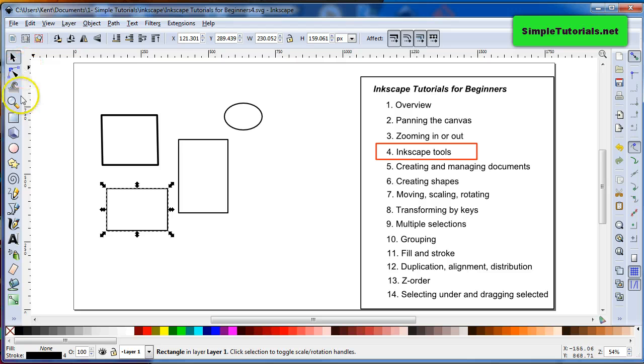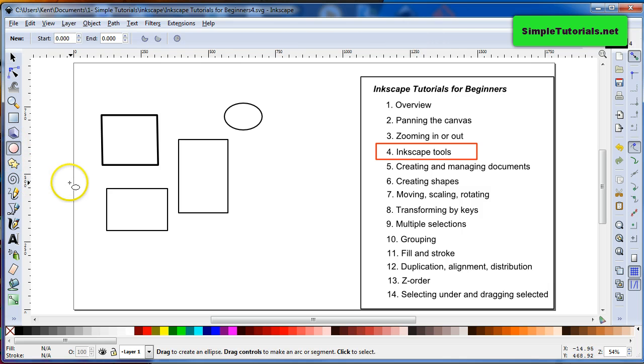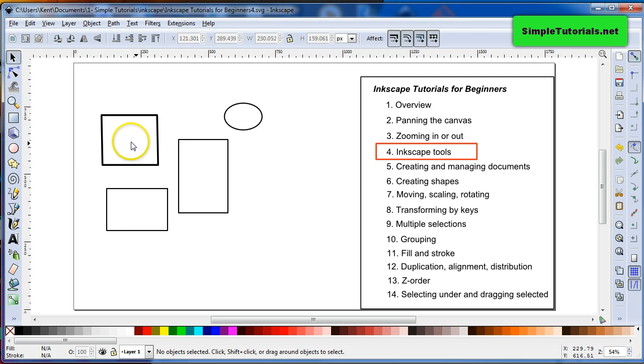We'll basically be going through these tools, usually focusing on the more important ones, or the ones that at least I use more of. First, the Select tool. To get to the Select tool, you don't always have to go to this button. If you were in another tool, say you're in the Circle tool, to get to the selector tool, all you have to do is hit spacebar on your keyboard, and you're in your selector tool. The select tool allows you to click on items and actually change the shape of them, but